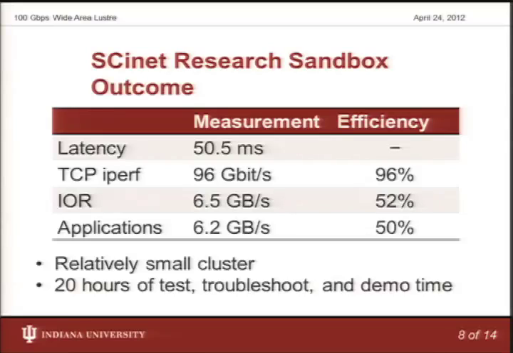We were able to get, using hypertests, up to 96 gigabit. Using an IOR benchmark, we achieved 6.5 gigabytes a second. And in our mix of real-world applications, we were able to utilize most of what we were able to benchmark, at 6.2 gigabytes a second. Now the caveats here are, well, there's a very long list of caveats, but the things